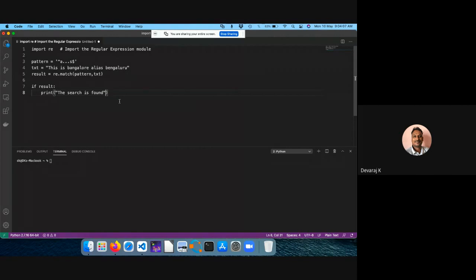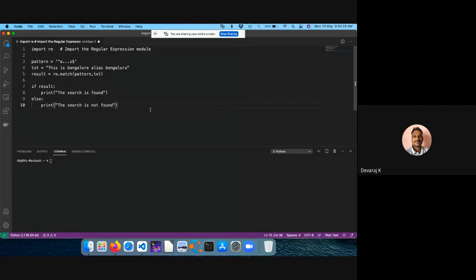If it is not, that means else, if the result is not found, print this search is not found, something like this.